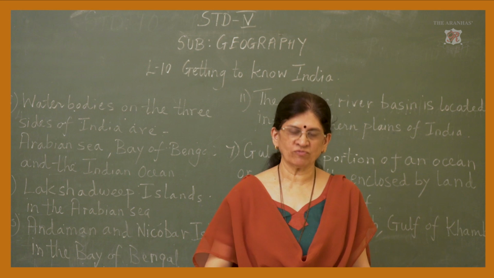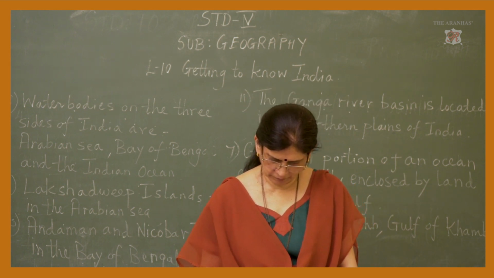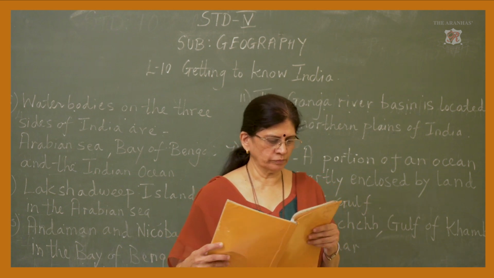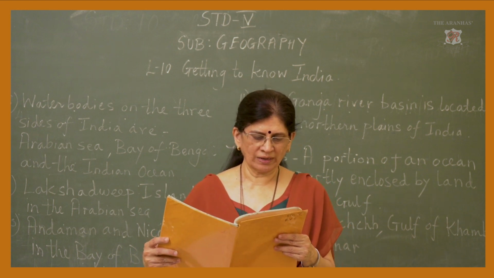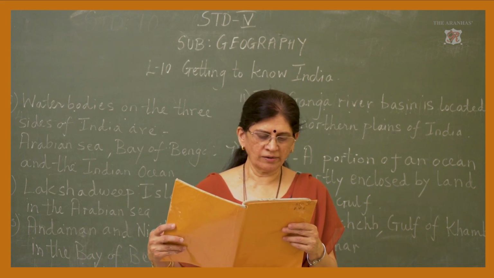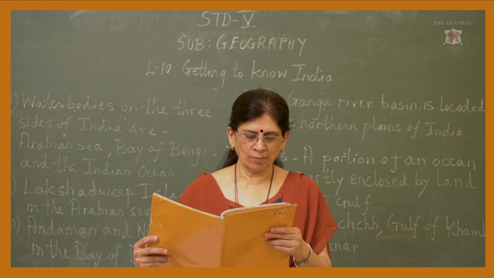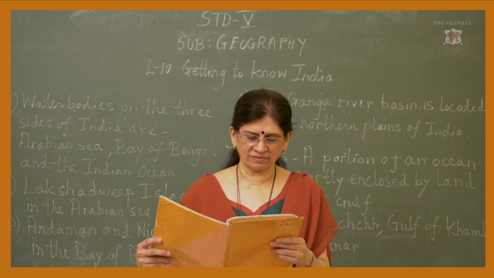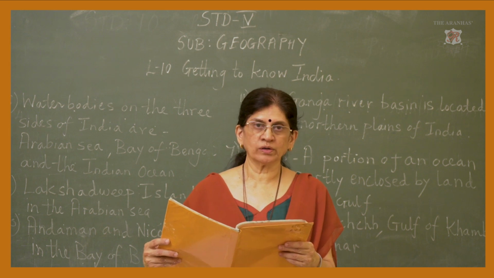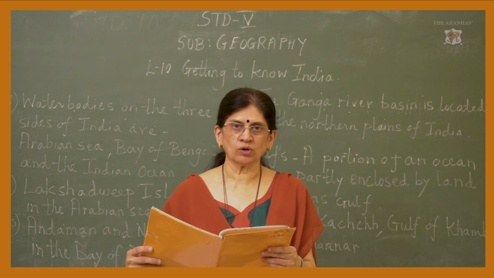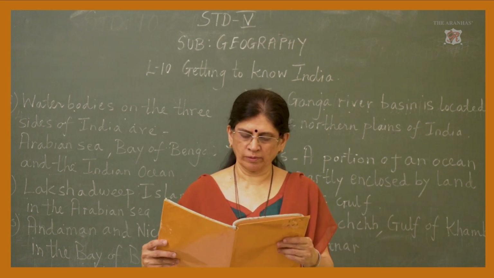So these are the different landforms and the water bodies of India. Now, let me read out something to you. We learned about the physical setup of India with the help of the map and the questions given below. Our country comprises various rivers, mountains, plateaus, plains, islands, etc. The Indian subcontinent is surrounded by water on three sides and tapers towards the south. This part is called the Indian Peninsula.